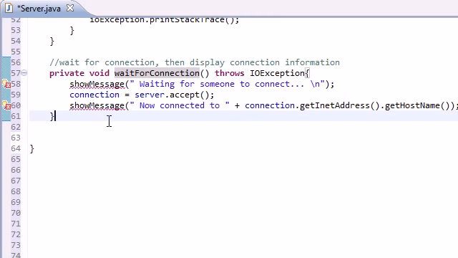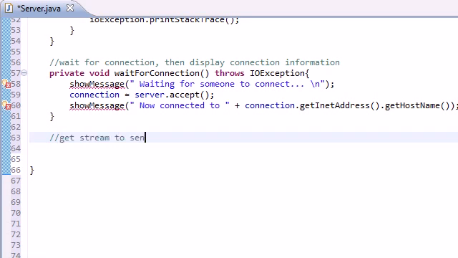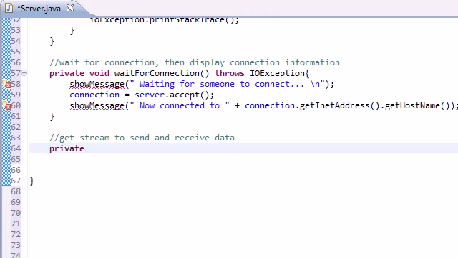So underneath your wait for connection method, go ahead and make another method, and what this is going to do is get streams to send and receive data. So this is of course going to be private. It's not going to return anything. Void set up